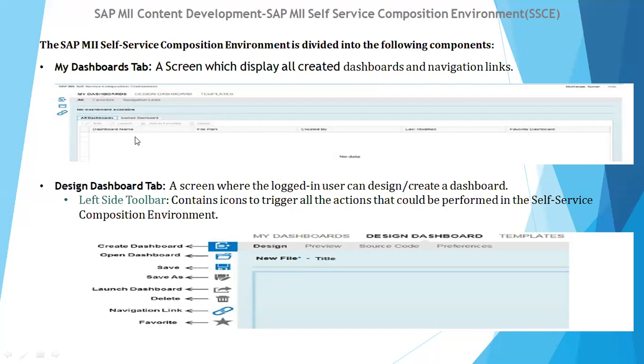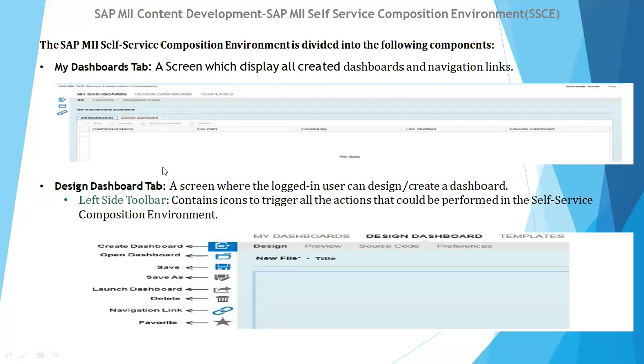My Dashboard shows all the created dashboards with the link. Whenever you log in to your self-service composition environment tool, you will be able to see all your created dashboards here, and clicking on a particular dashboard will open it.